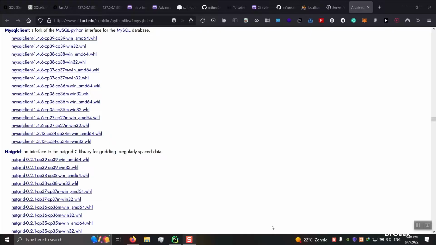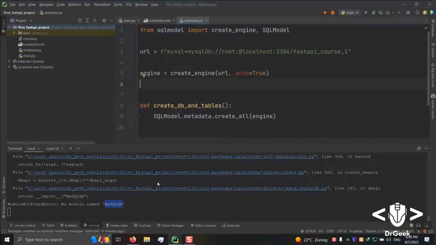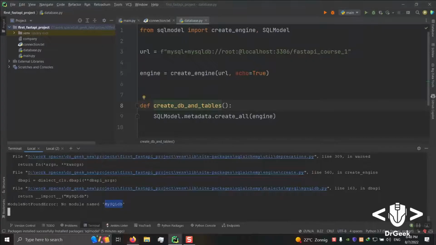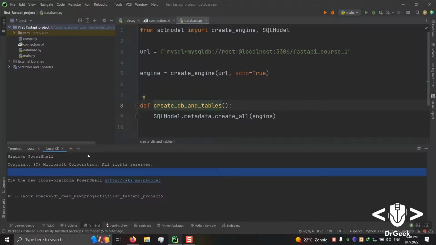To get our connection to the MySQL database running, we need this little module. If you search it, you will have to install mysqlclient, and that's going to solve things for us. But I don't know, you may say, why don't you install it this way?